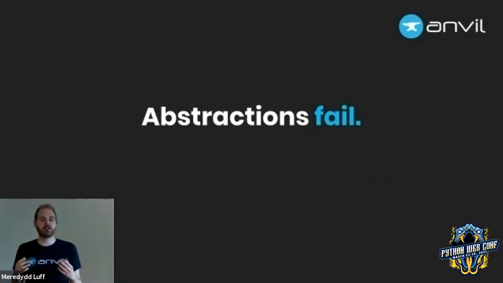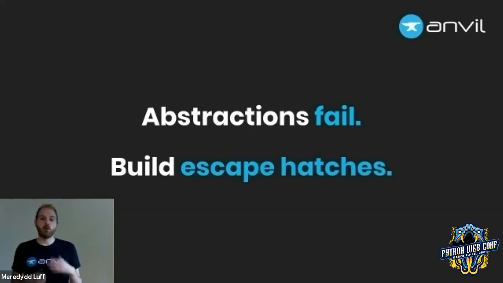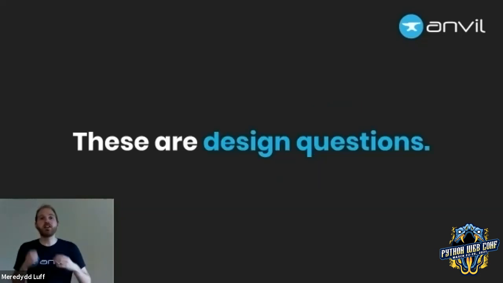We've learned that abstractions can fail, where the underlying system permits something to be done and the user needs that thing and the abstraction prevents them. And we've talked about how we can build escape hatches so that the user can get that thing done without losing the benefit of the abstraction we're building. These are design questions. These are questions of taste. It is why the Zen of Python contains deliberately contradictory statements.